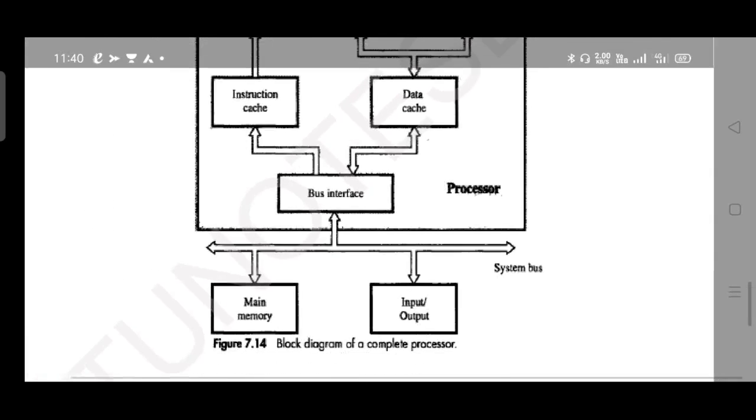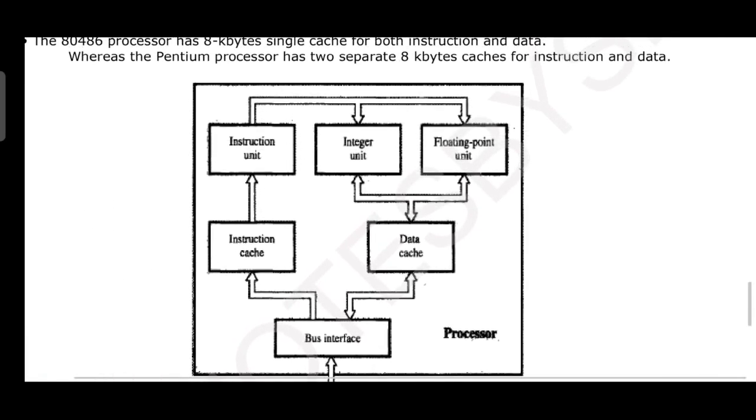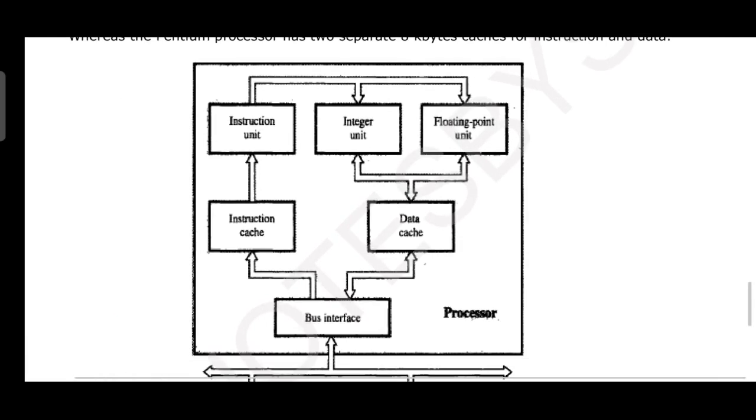Okay, see here, it has got an instruction unit as well as a data unit. Just before the instruction unit we have an instruction cache. Cache is a temporary memory. If you store the data in the cache, then you need not refer to the primary memory for the same, right? You can easily access it from the cache itself. There is an instruction cache and a data cache to temporarily store the data, just to speed up the computation.